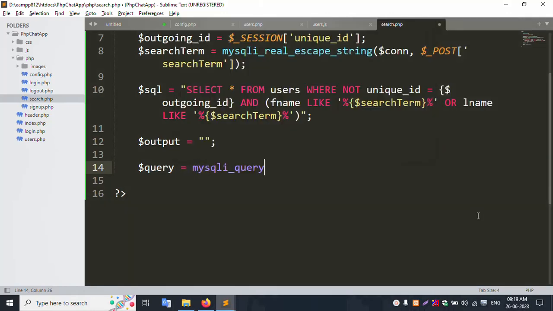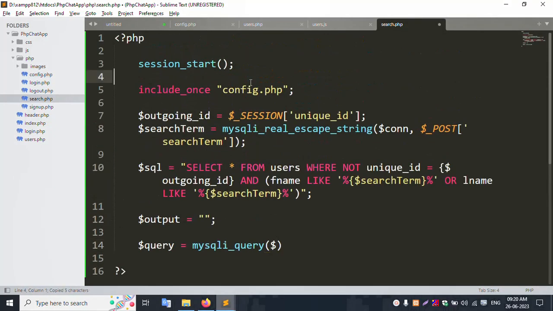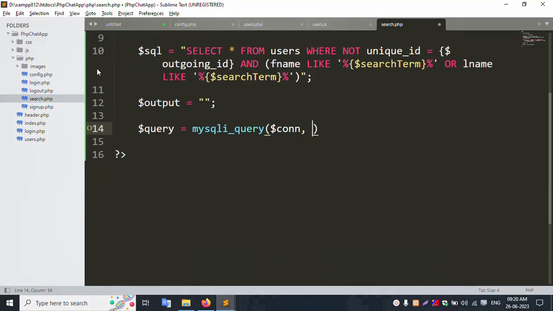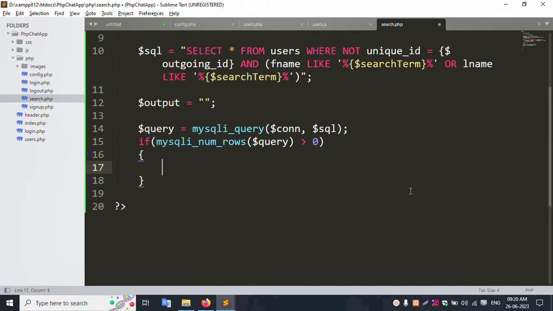MySQL query this con, this connection inside this con add, this con copy inside this file, include this con add, and this variable create already $SQL this add. If MySQL number row, this $query $0, else part,